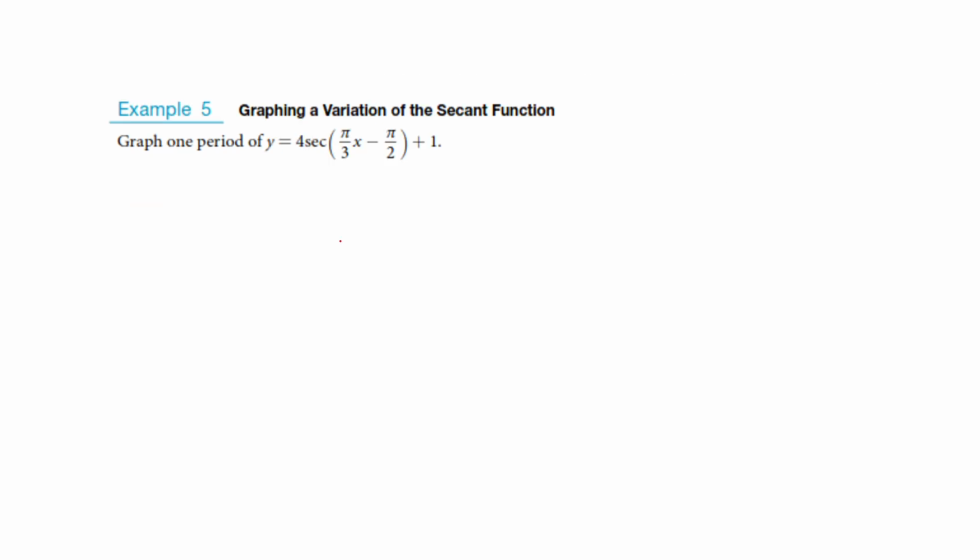Okay, so again, this gets harder. What I've moved to on tests is I would ask you the stretching factor, the shift, and the period, because it's hard to graph this. But if you wanted to set this up, just like we did before, you'd change it over. So I'm going to factor out that GCF here. And remember how we did that. The pi over 2 is going to get that pi over 3 pulled out of there. I'm pulling that out in front of the x like it's a GCF. And that is now going to turn into 3/2. Keep, change, flip. So my period here is going to be